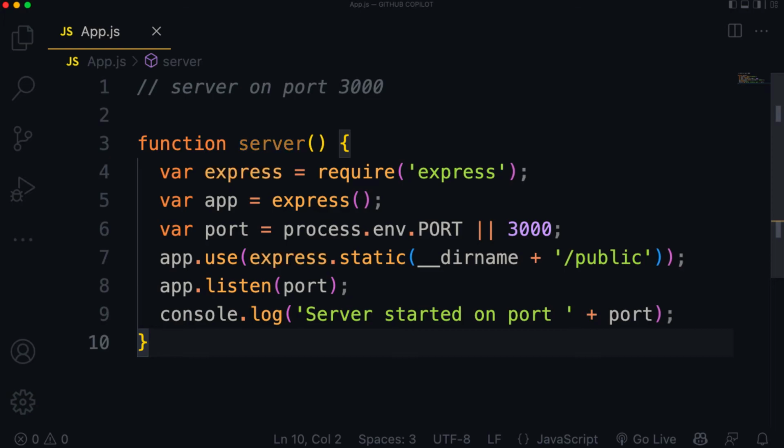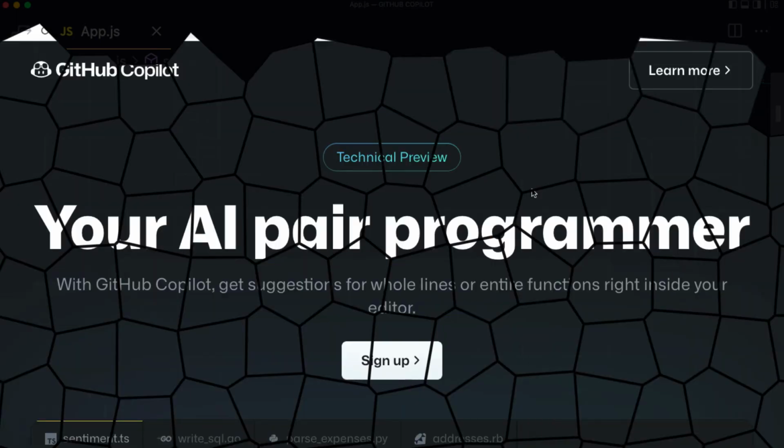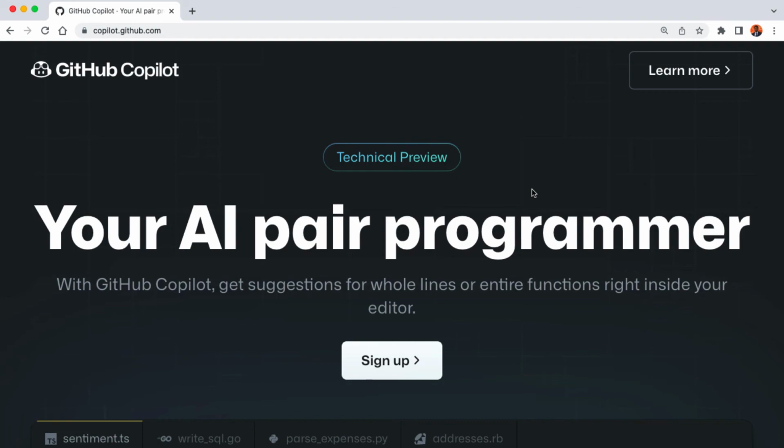port 3000. So now the question arises, will GitHub Copilot replace programmers? Obviously not, because GitHub Copilot tries to understand your